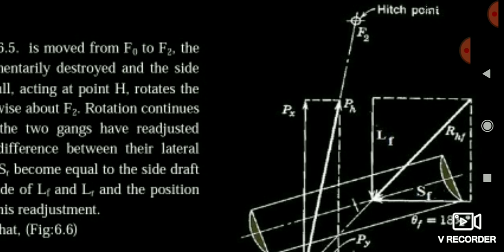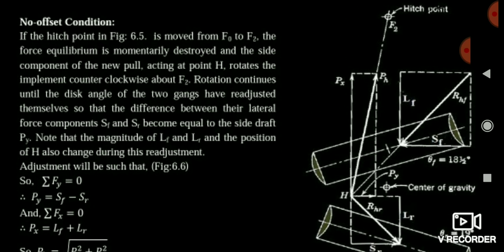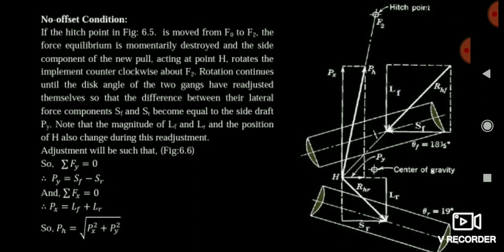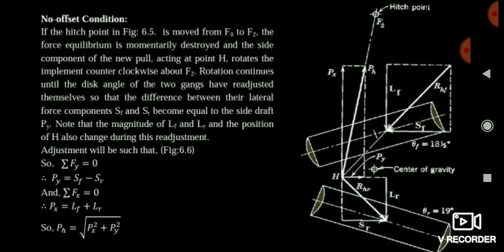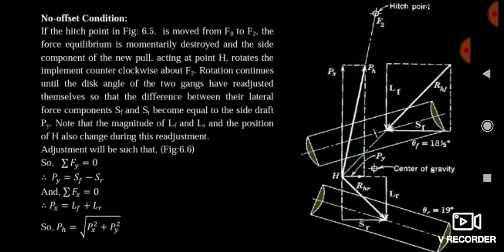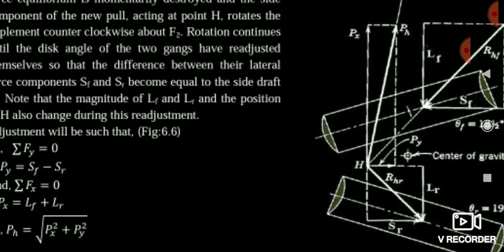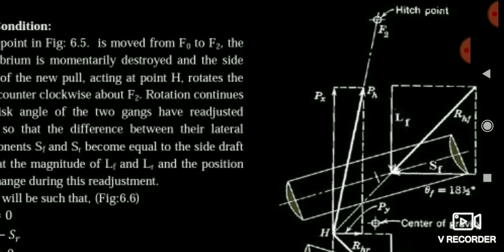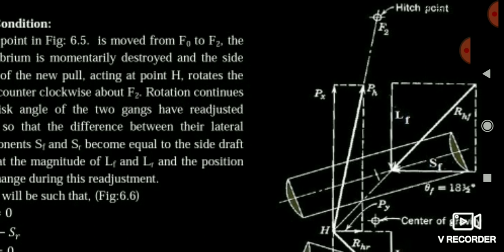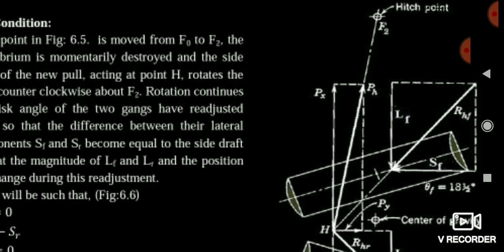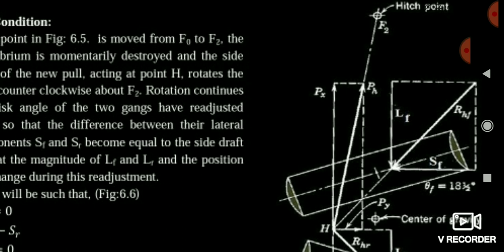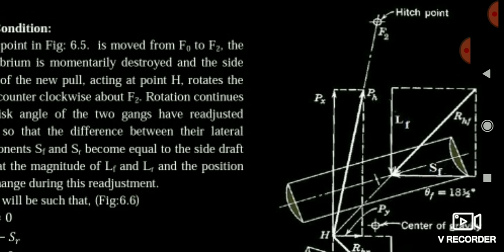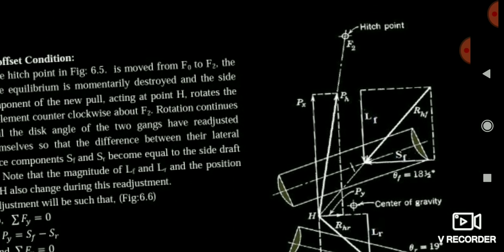With respect to the hitch point only, friends, we are considering all the distances, and whatever torque balance or moment balance we are going to do with the disc harrow, all are with respect to our hitch point. So you first have to understand the hitch point, and I think all of you know that the hitch point is nothing but the point of connection of the implement with the tractor or power operating system. So this is all about the hitch point. So you see the hitch point at the top.